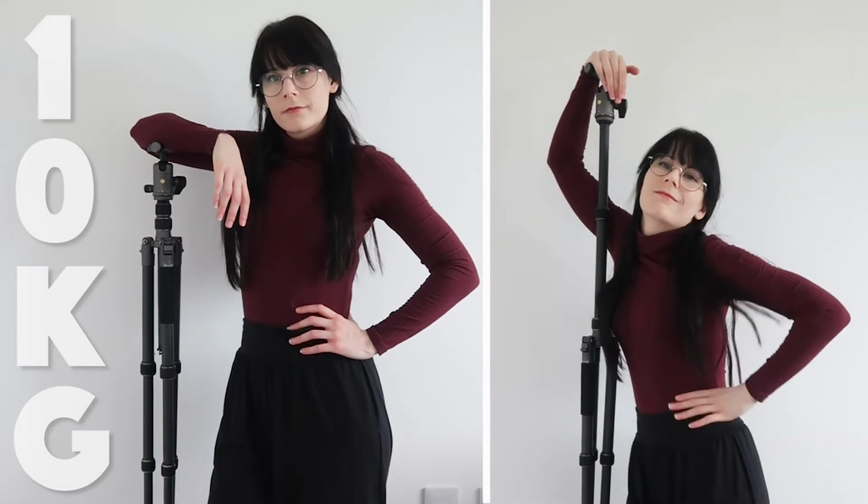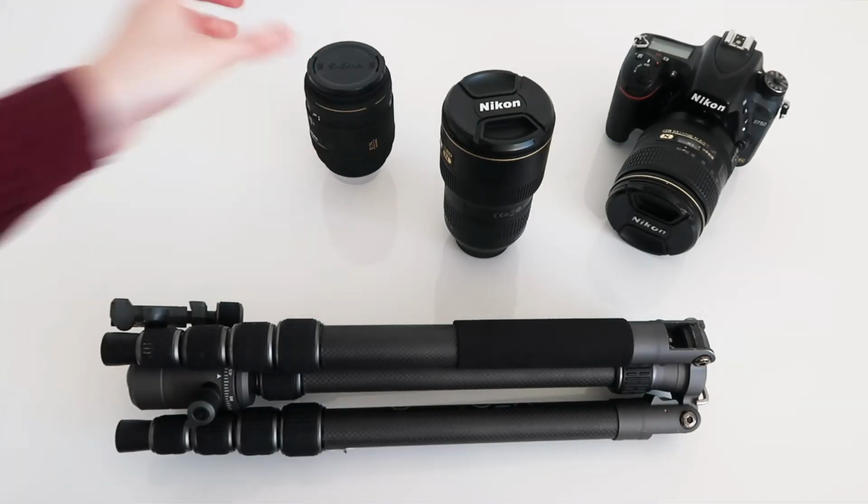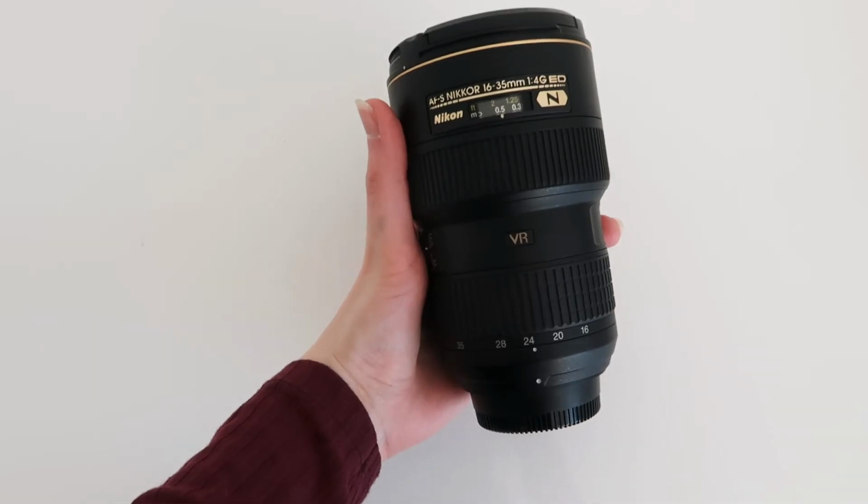Durability. Depending on what gear you are using, your tripod should have a decent max load capacity. The Vanguard 2 can hold 10 kilograms of weight, which is perfect and probably more than enough for my DSLR setup. You don't want to completely max out how much it can hold, as you are then exposing yourself to less stability, more vibrations, thus more camera shake. Shooting at longer focal lengths, this camera shake will be quite obvious. Your max load capacity should be 3 times the weight of your camera, your biggest lens, and the ball head